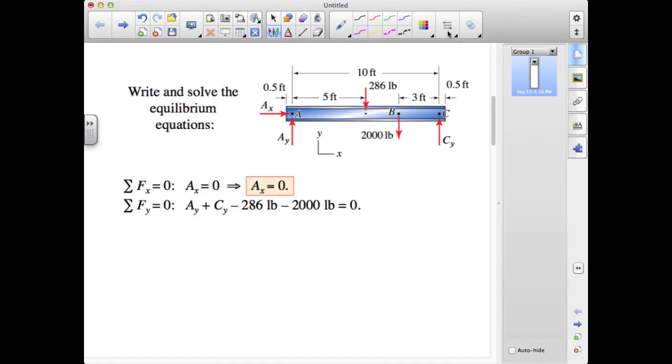We could have also elected to take moments about C. In this case, the lines of action of AX and CY both pass through C, so the only unknown force component appearing in the moment equation is AY. Employing this instead of our first moment equation about A, we have counterclockwise or positive contributions from the external loads and a clockwise or negative contribution from AY. The result is